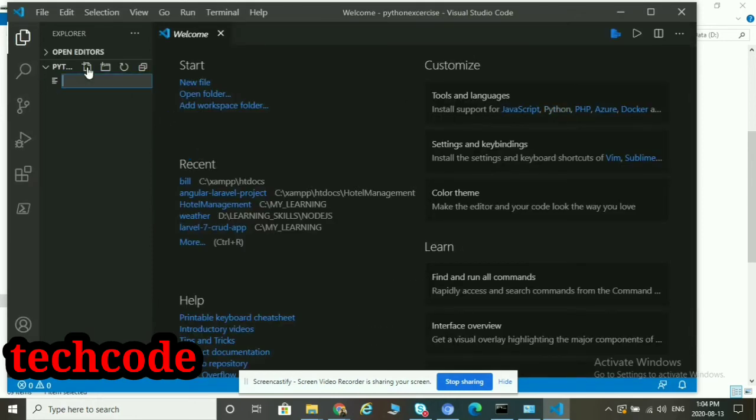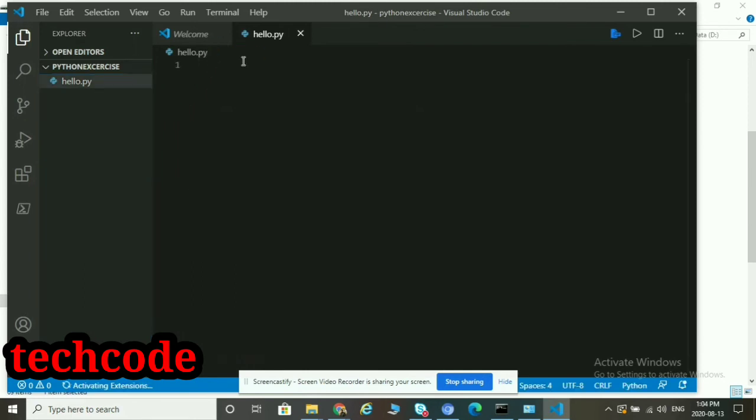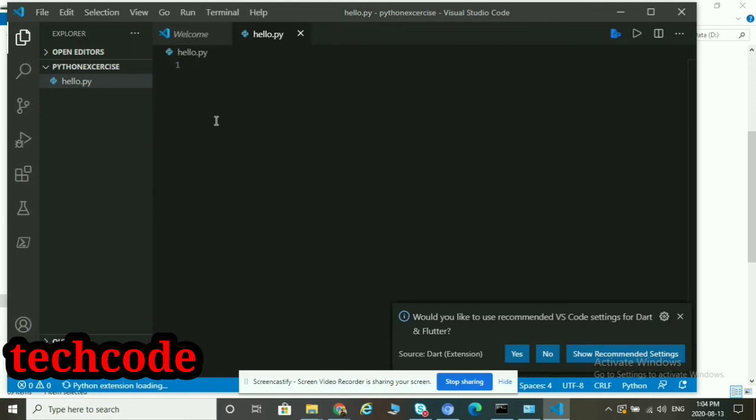Here we will create one file with the name hello.py. Okay, create file. So the hello.py file is created here. I will just explain a simple variable assignment in Python: how to assign a value to a variable and then print that variable. This is simple.